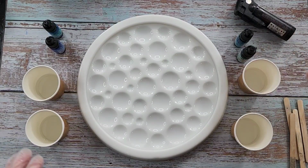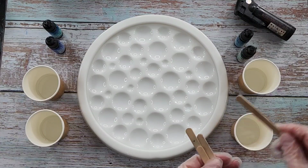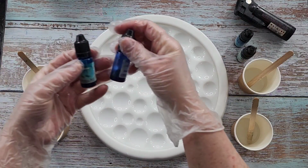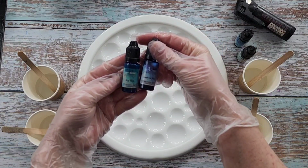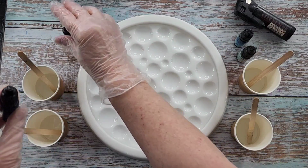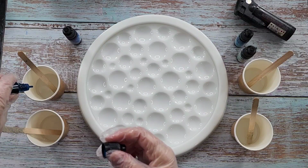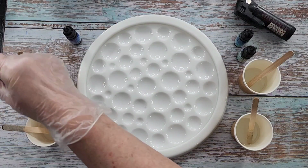All right, so I have got, pop those in there. These are all Let's Resin. I've got some sky blue and sapphire blue. So we'll just pop 1 drop in each. So I want them to be really quite,